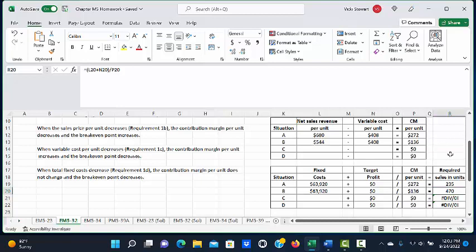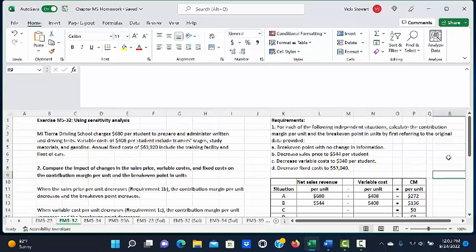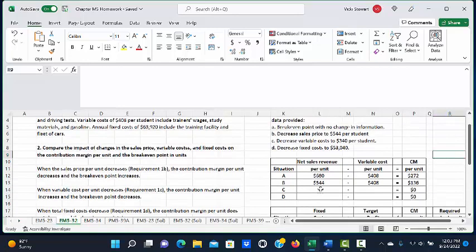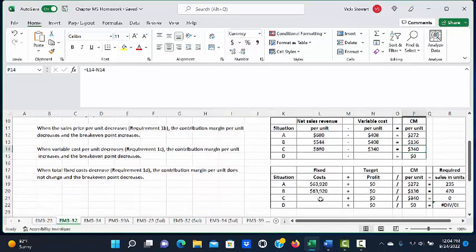470. Next, the problem asks us in situation C to decrease the variable cost to $340 per student. So we're going to go back to our original sales revenue per student of $680, but now we're going to decrease the variable cost to $340 per student, and we see that the contribution margin goes up to $340 per student. If our fixed costs remain the same at $63,920 divided by the higher contribution margin per student, we decrease the number of units that we need to break even to